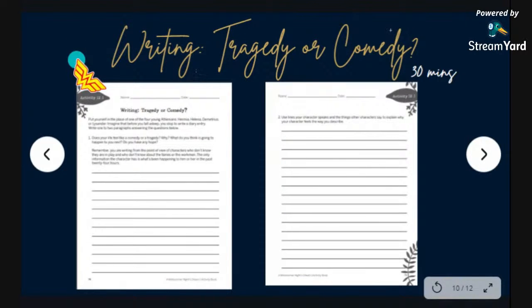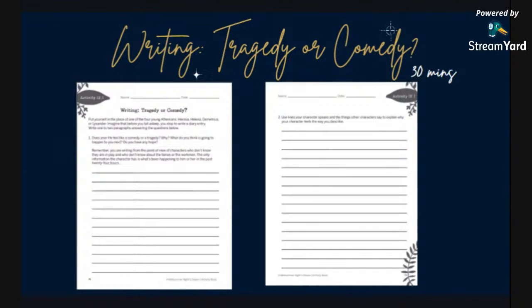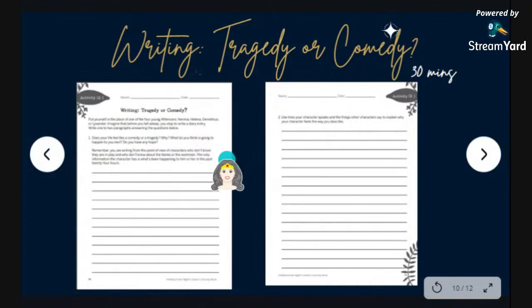Okay, after that, they move on to writing tragedy or comedy for 30 minutes. The teacher explains that Shakespeare's plays are categorized in several ways, 2 of those categories being comedies and tragedies. They'll talk about the difference between the two, then have students turn to activity page 12.1 and read the prompt,